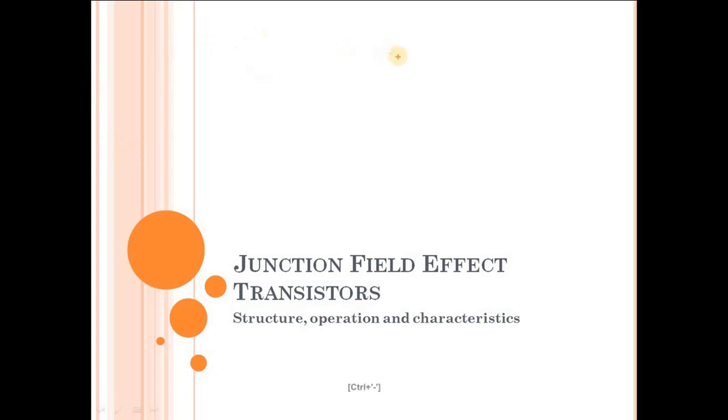So transistors are basically broadly divided into two types. Those are the BJTs, which we have already discussed, bipolar junction transistors, and then another category is FETs, field effect